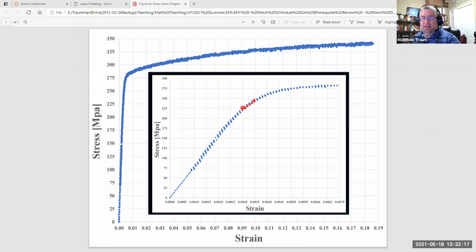And so the way that this is done is to take the stress strain curve where you're clearly in the linear region, right? So like there, and just offset everything to a strain of 0.002, which again is 0.02%, using that same